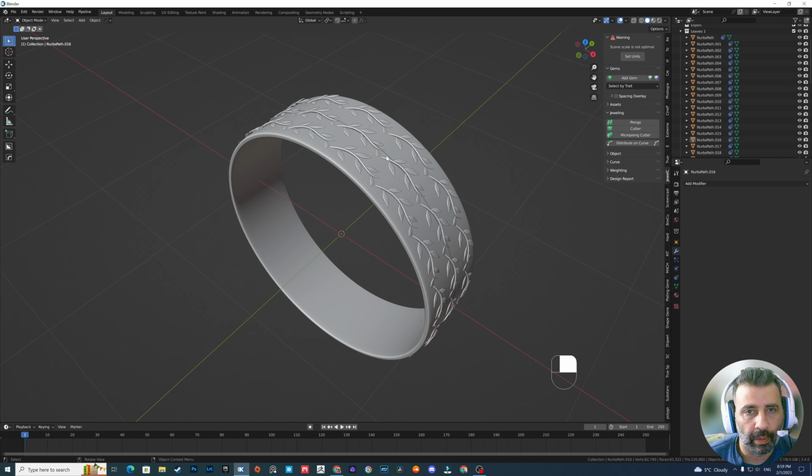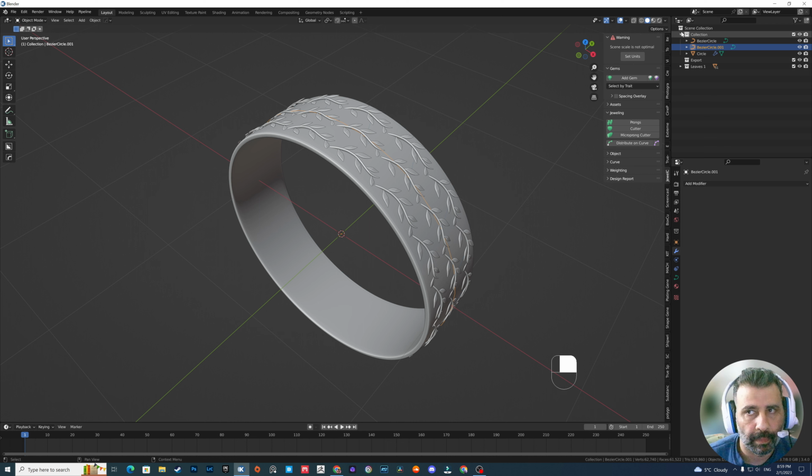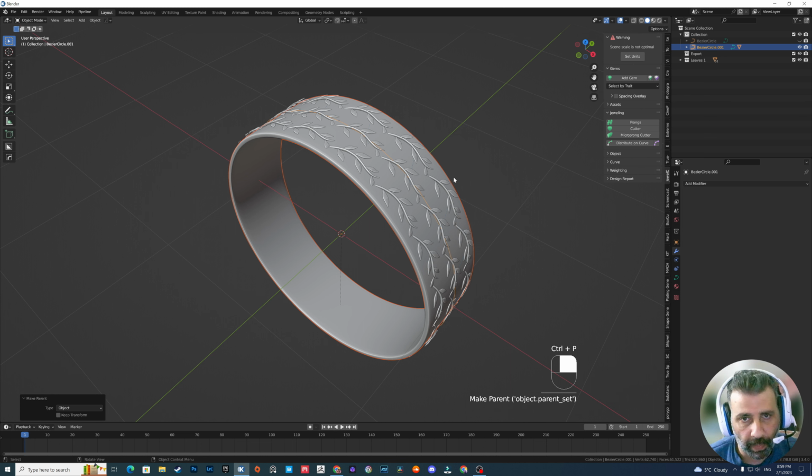Now grab this circle and the main ring. Need to grab this, the main ring, and press Ctrl P to make a parent.